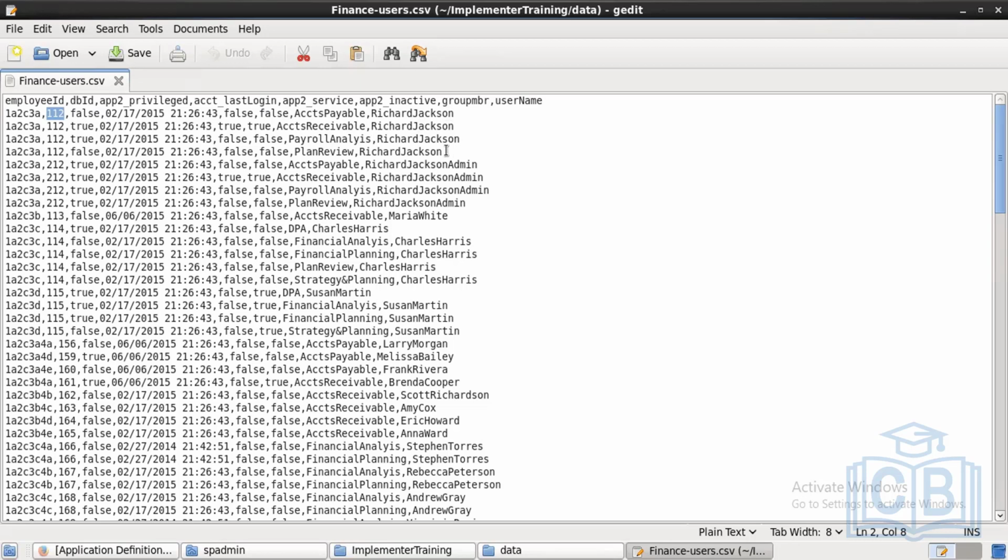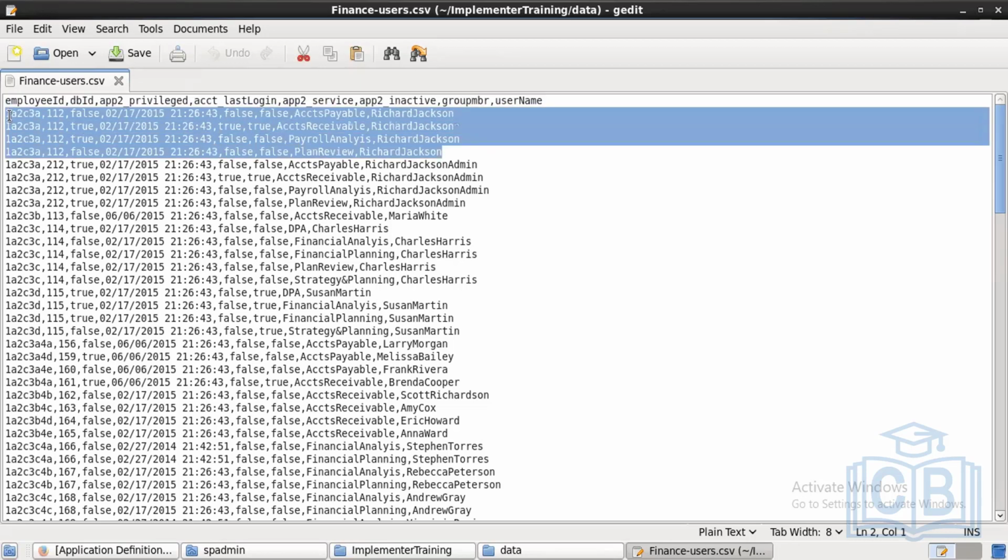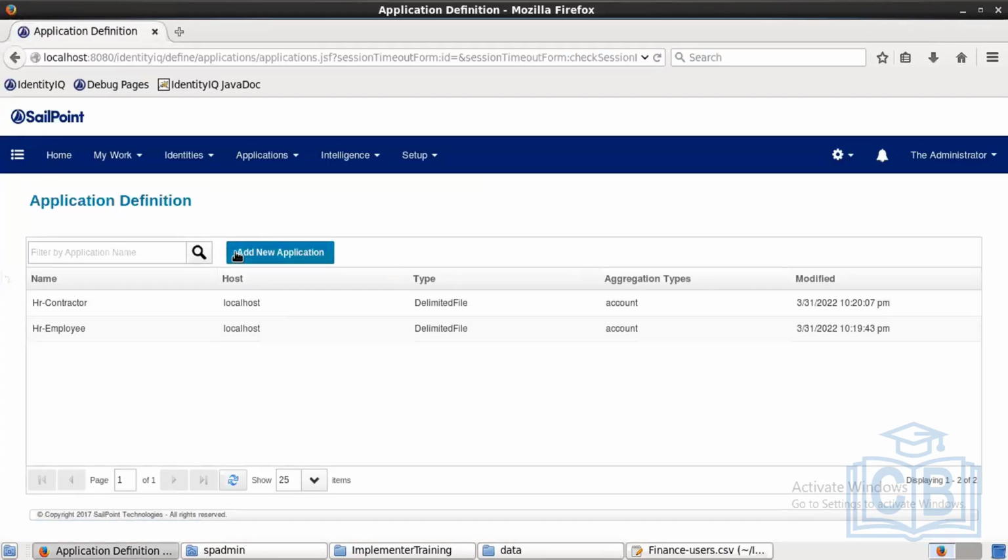And if you carefully observe these four records, it's only one identity, but it has four different entitlements: accounts payable, accounts receivable, payroll analysis, and plan review. By looking at the data, we can say this particular data requires merging configuration. So first you need to analyze the data that is given to you, and then you need to put it in SailPoint. So let's open a new application, click on add new application,